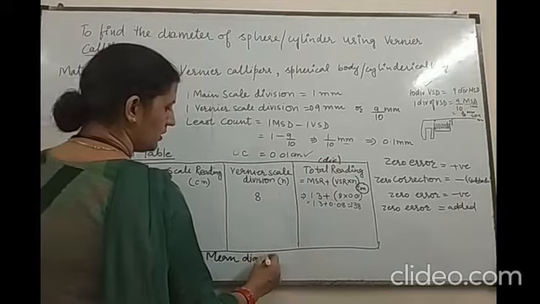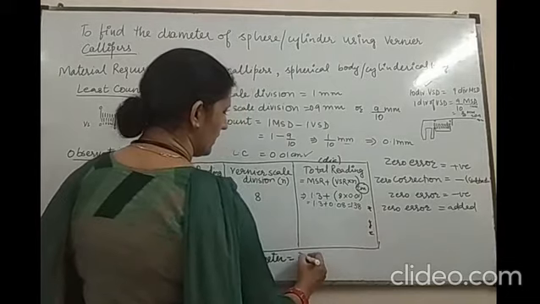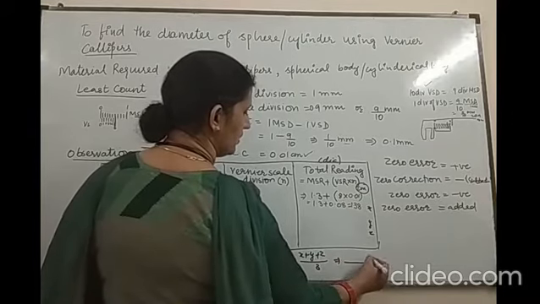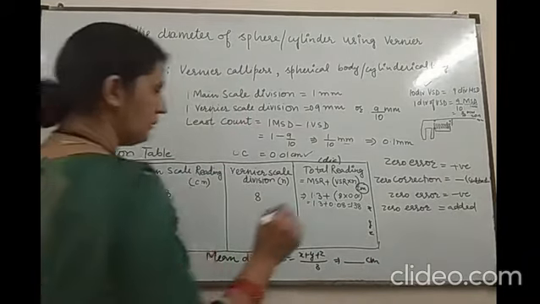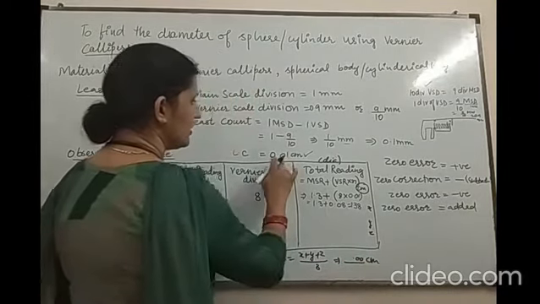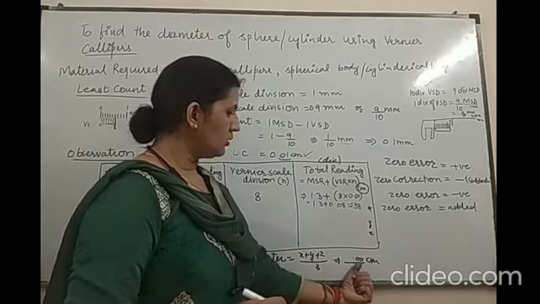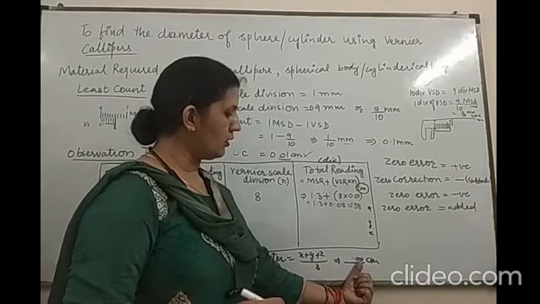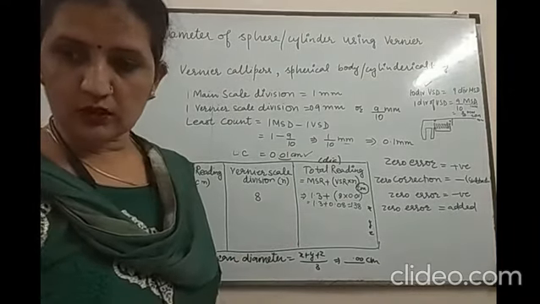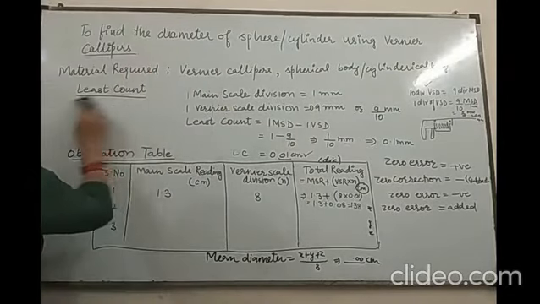So the mean diameter is the mean of, suppose these 3 values x, y and z, so x plus y plus z divided by 3, in centimeters. Keep in mind that your result should be up to 2 decimal places because the least count has 2 decimal places. While calculating this mean, it should be rounded off up to 2 decimal places. Here one main point is also there, that you have to now calculate the error. What do you mean by the error